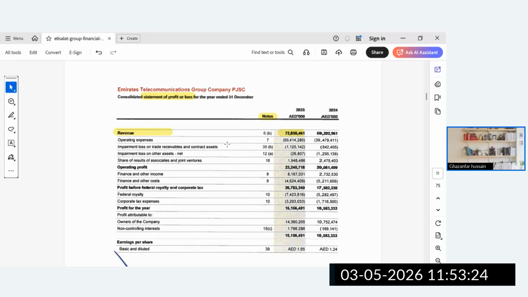Again, they did not give the breakup over here, but we have to go to note number 7 and see what is under note number 7. That is also important because commonly what we see is they add it in a different way: direct expenses, then gross profit, then the other expenses where overhead, salaries, wages, depreciation are shown. That is not the case over here. So let's go to note number 7.